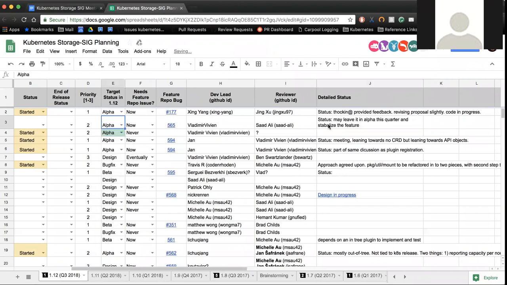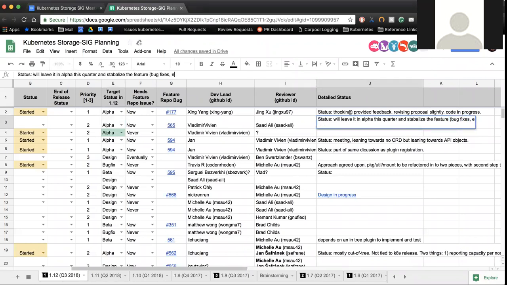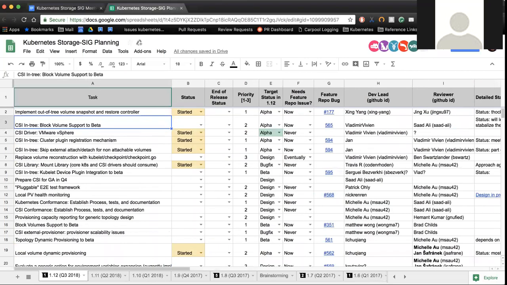And we'll be spending the rest of the quarter doing stability changes. Cool. So we'll leave it in alpha this quarter and stabilize the feature, bug fixes, etc. If this feature is important to you, please test it out with your driver and help us find issues and file bugs, and we can take a look at those and try to get them fixed.